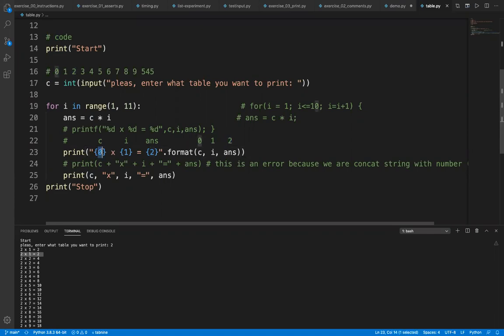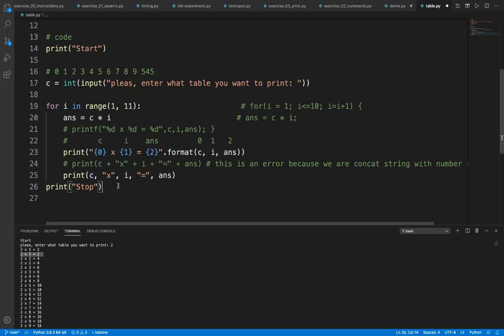If you write this 0 in the flower brackets, it will understand it. If you just write 0 like this, it will take 0 as a string. But since you are clearly giving it as part of your flower bracket, now it understands that it is an index number. Index number of what? The format function. So wherever you keep 0, that 0 will be replaced with C. Sir, basically what this function is doing is assigning the values of particular arguments to C, I, and answer. Yes. Okay, that's correct.